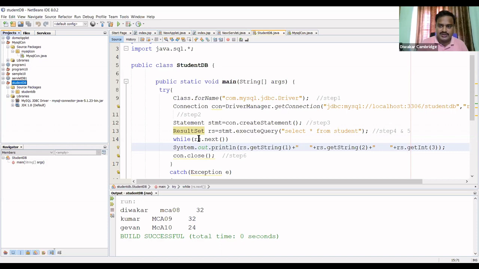This is about today's class, okay? So what we have studied in this particular session: I demonstrated what is JDBC, right? And what are the essentials of JDBC. I told you about the 6 steps of JDBC connection, right? Then I told you about how to connect the Java application with a database, right? Okay, so this is about today's class.